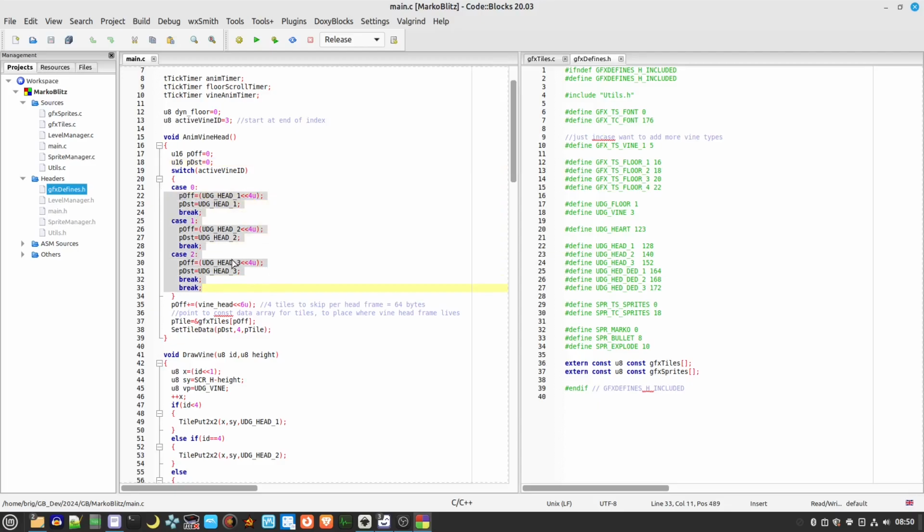So first we set the starting position for each of the tile heads depending on which one is active. Now this bit here we have to add then to this